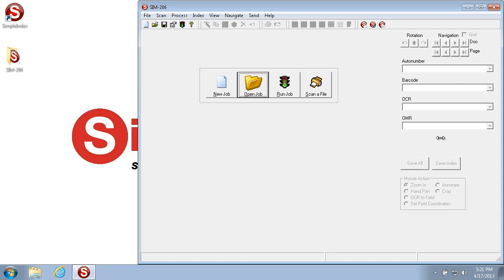So the Autonumber is a number that automatically increments on particular criteria. You can have it increment on every page, or every time it sees a barcode, or every time it has a specific OCR value, or a whole variety of different criteria that we will go over in the video. So every time it sees that criteria, it increments the number,